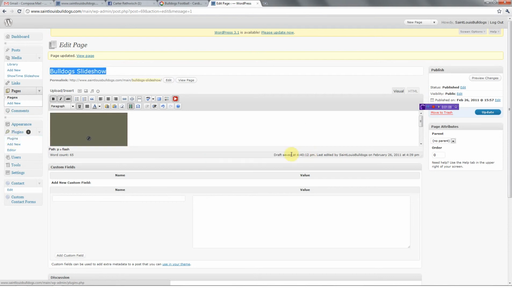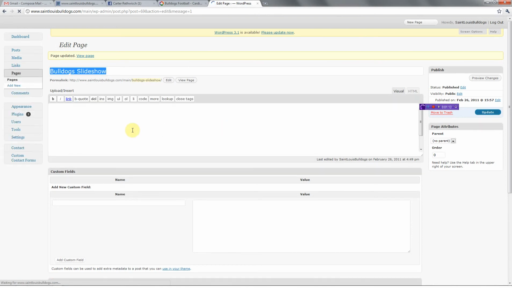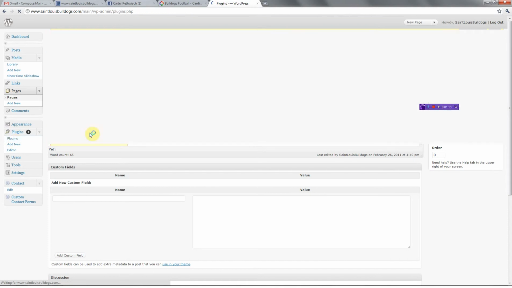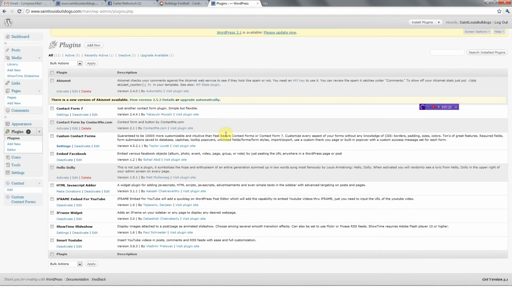Let's stay on this page because we want to first update. Make sure we've got our latest update there. I'm pretty sure the update we made is what we wanted. So we're going to go over here to our plugins. And you see the plugins we have installed. There's a few that came in by default, but one of them I wanted was this HTML Java adapter, because I wanted to be able to paste easily